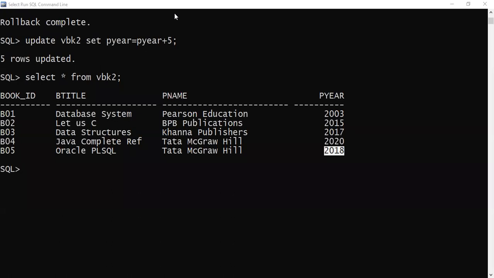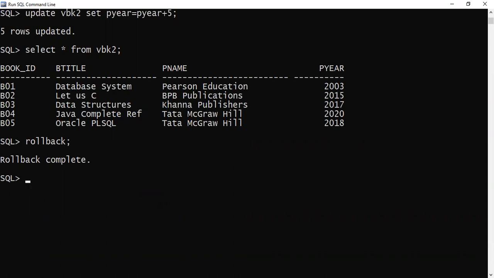Okay. So now I have done this updation to show you that the update command works. I'll roll it back again. Now what I'm going to do is the same updation through my PL/SQL program. And while doing so, I will also show you how that found attribute can be checked. For that, here I have written a program.